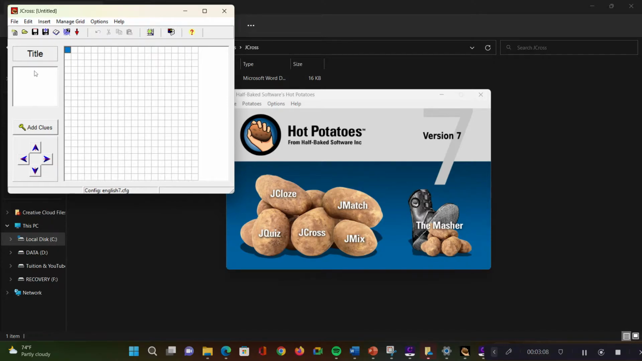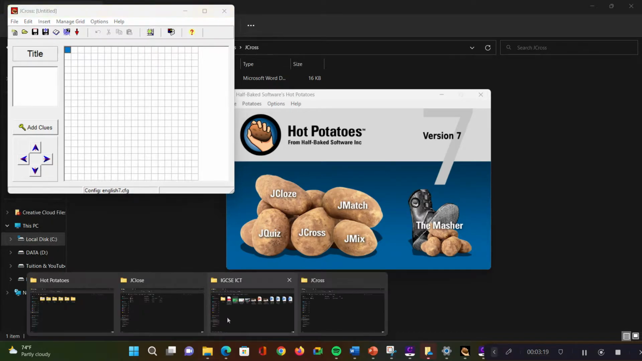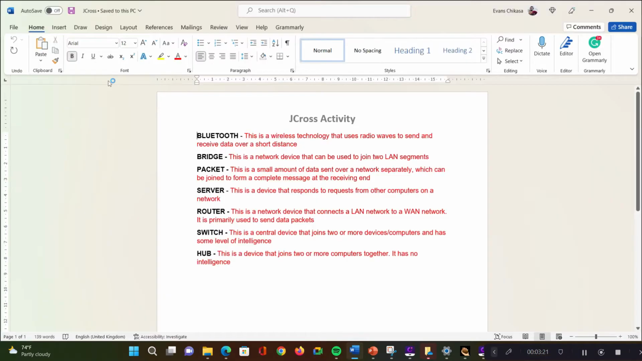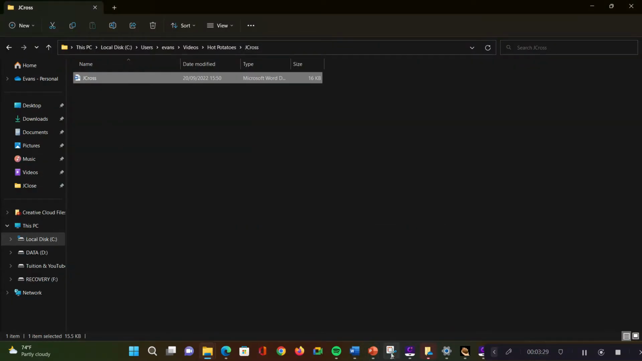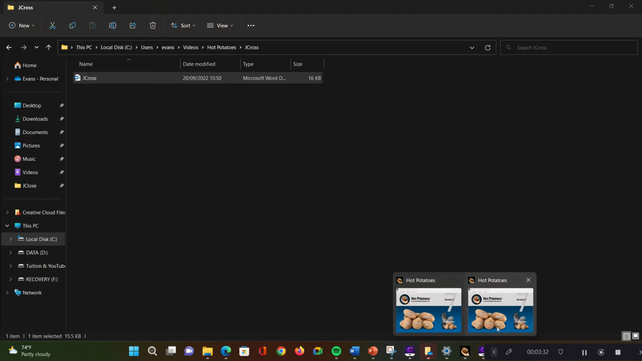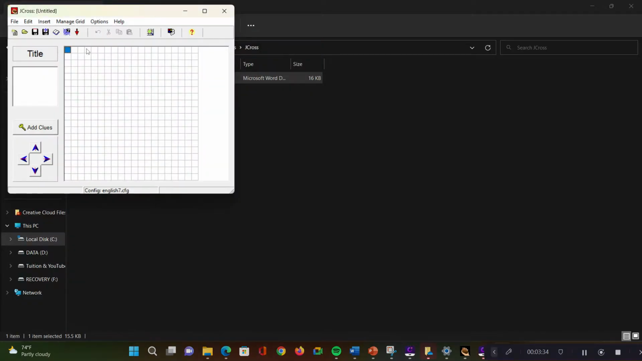Now here we're going to specify the title for our crossword. I've already prepared a document which I'll be using to create the questions. So I'll go to JCross and just open the document. So this is going to be my activity. This is on networks. So I'll set my title as network hardware. So go to my JCross here and set my title as network hardware. And then I'm gonna select the grid. Okay, so come here,